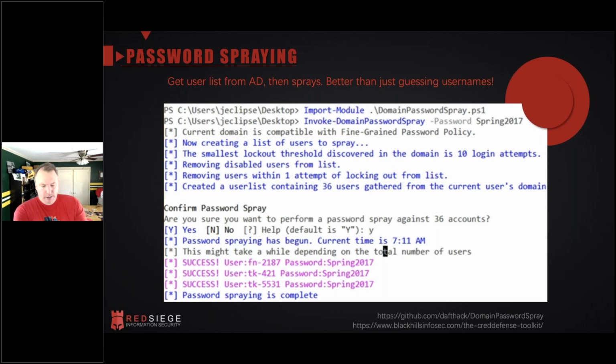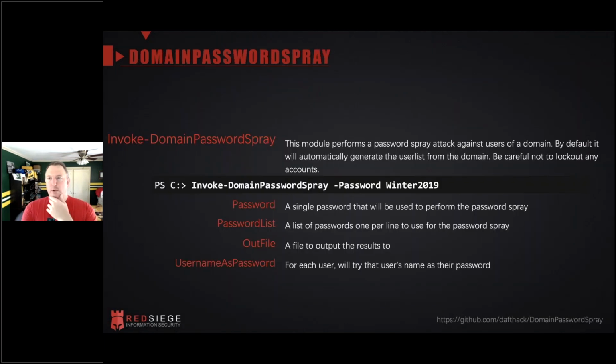I'm going to switch over here to my favorite tool written by Bo Bullock, Invoke-DomainPasswordSpray. There's another of these other ones out here as well. Once we have that initial access, start looking around for other users, right? And it doesn't have to be escalation, right? Because if I land on a marketing person's computer, what happens now if I get the credentials for someone in finance? We were doing a test, this was a number of years ago now,